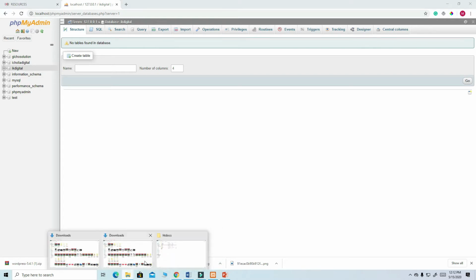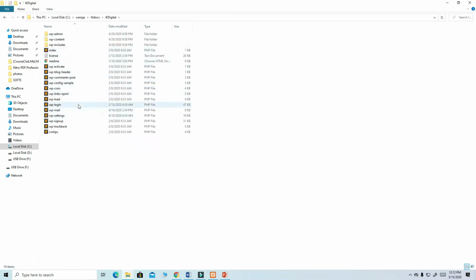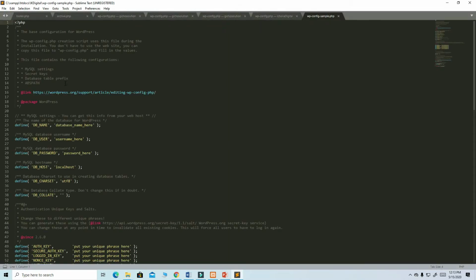So from here we are going back to our WordPress location, which is this one. So we click here, and then we look at this wp-config-sample. Okay, so we double click on it, we wait for it to open like this. Now this is where we are going to determine our database, so that later on when we run our localhost, our website will be able to be previewed. So we click here the database name. You remember our database name was ik digital